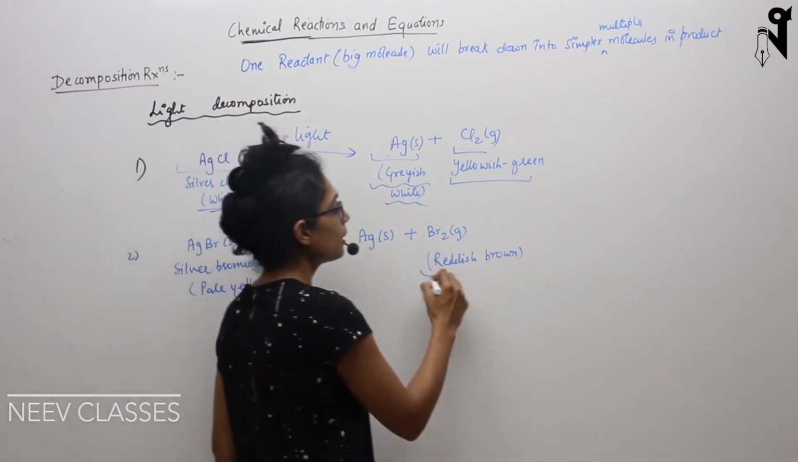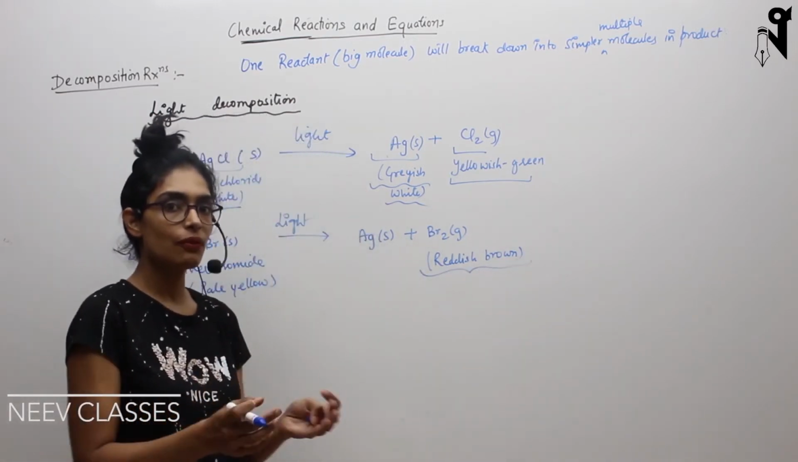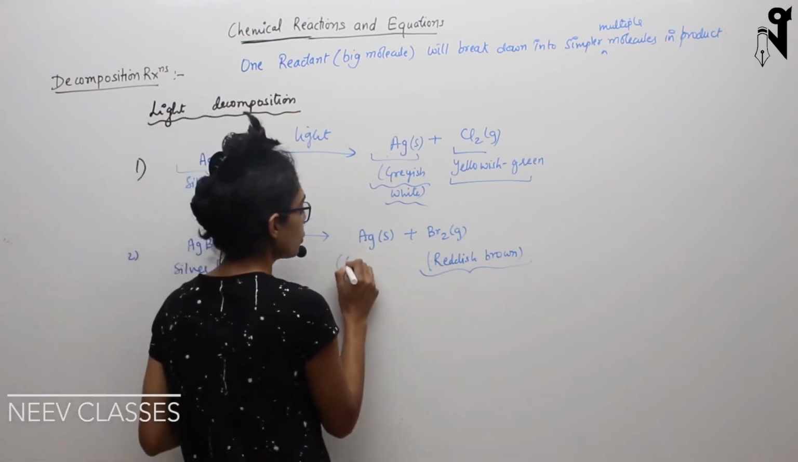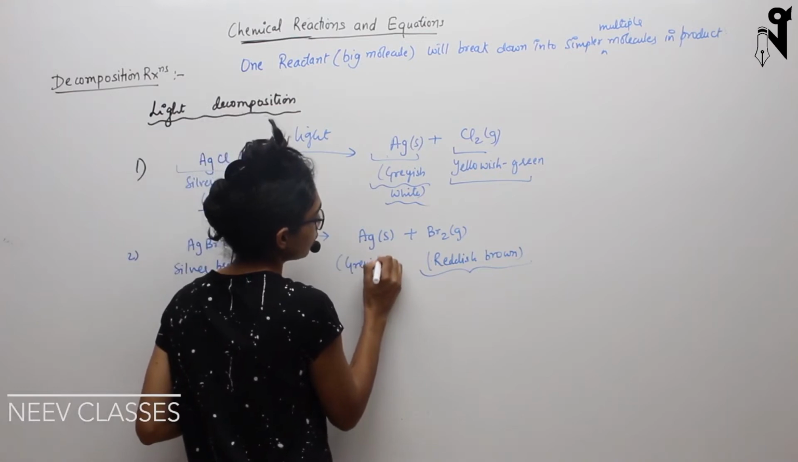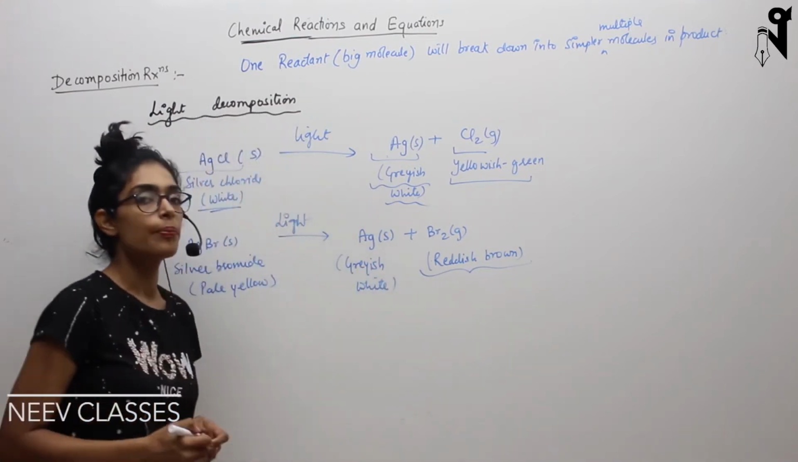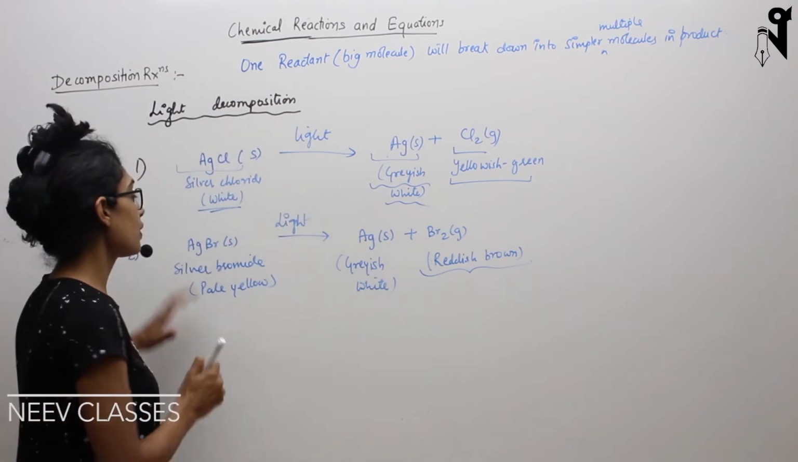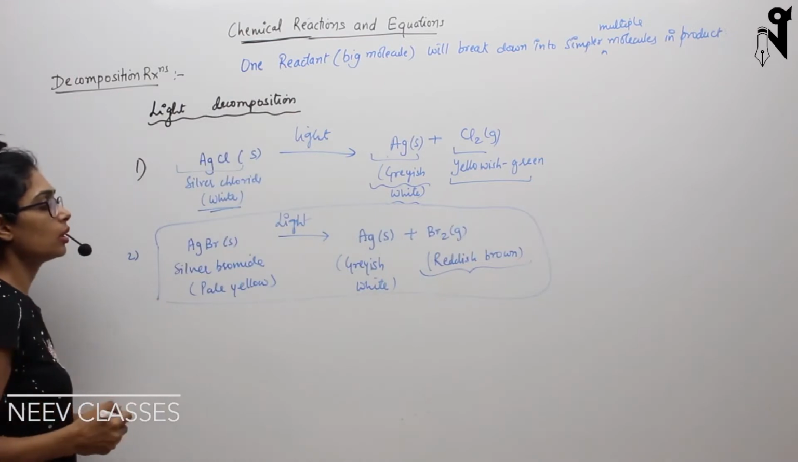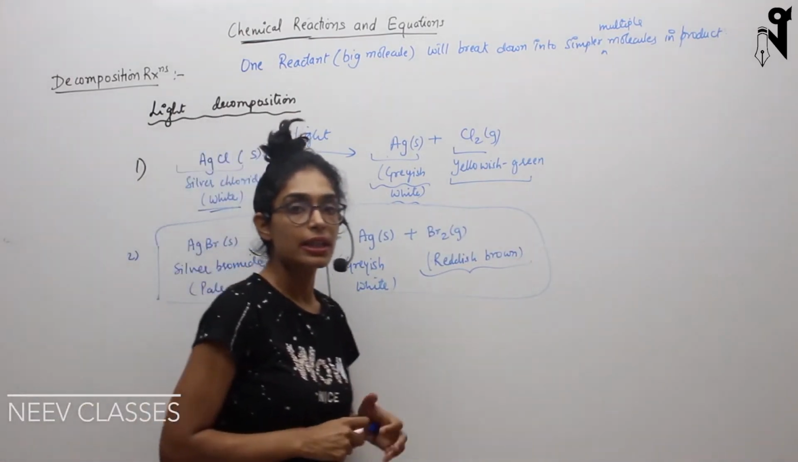Now the color of the bromine gas is reddish brown. So again this will be a very visible reaction, in which your yellow solid has been converted into a grayish white solid with the release of reddish brown gas. This specific reaction, the one in which we are talking about AgBr,